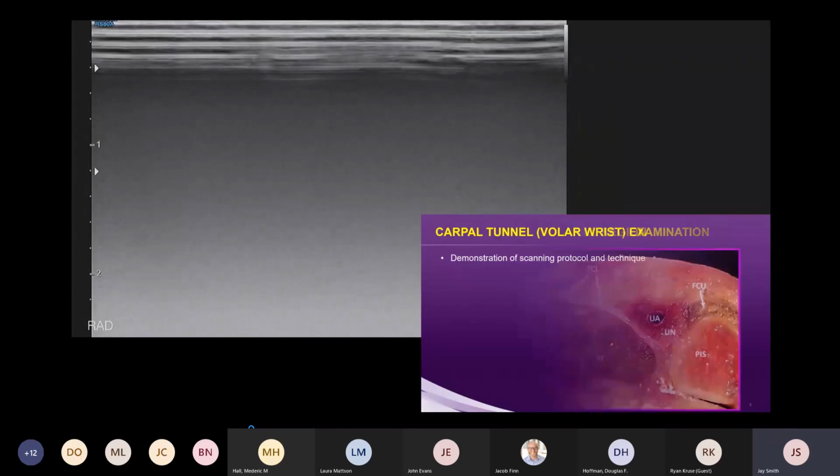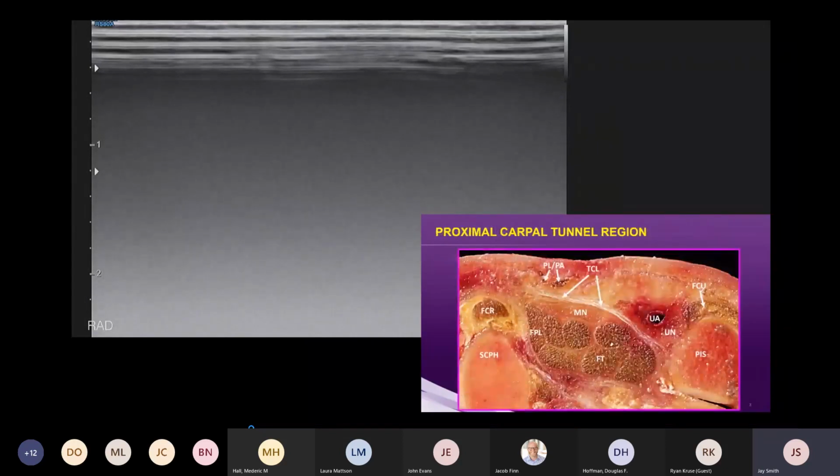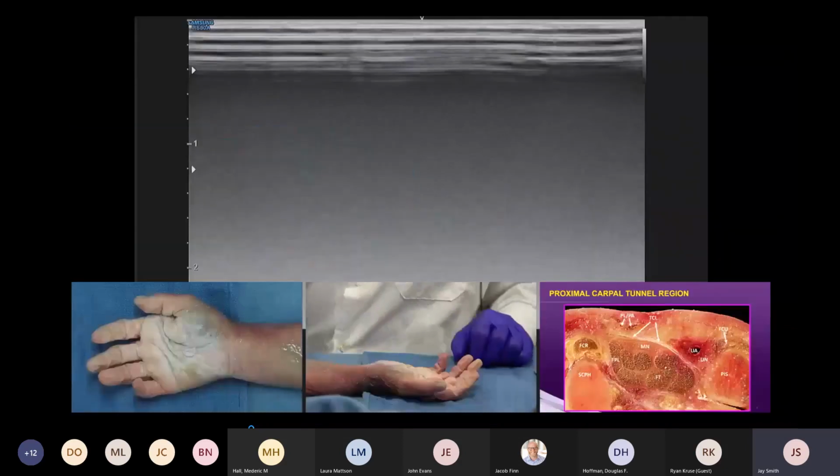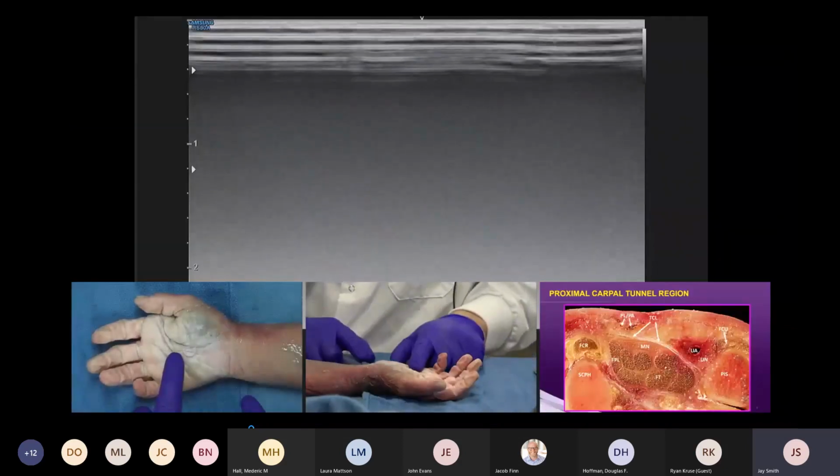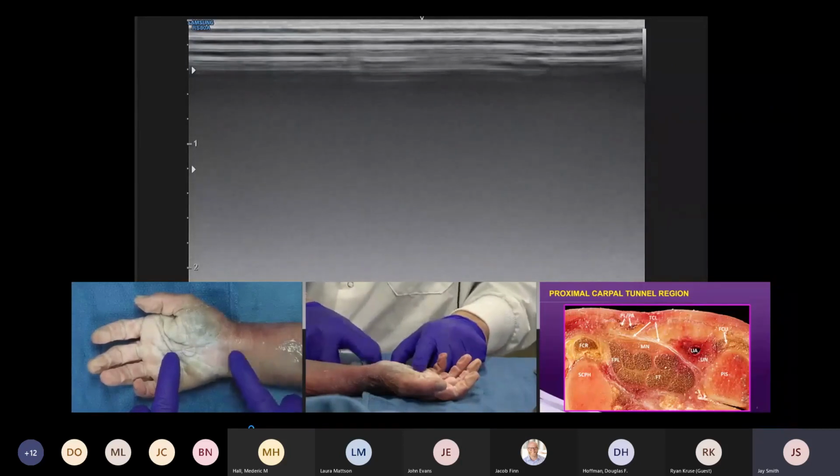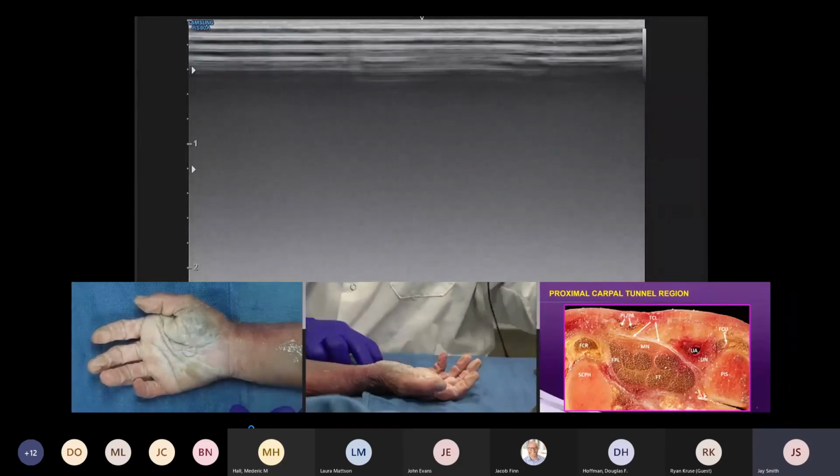Next slide. And let's go to all first. So what we have here is an overhead view and a cross table view, so you can see how I'm manipulating the transducer. And when I'm starting my examination of the carpal tunnel region, I always start at the distal